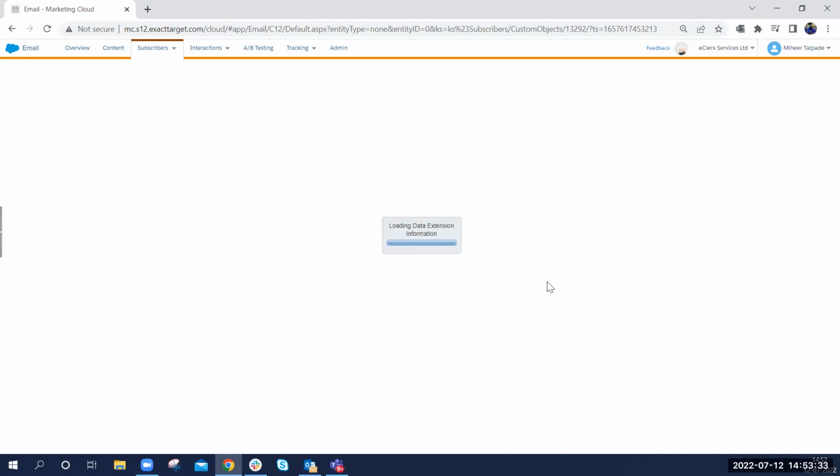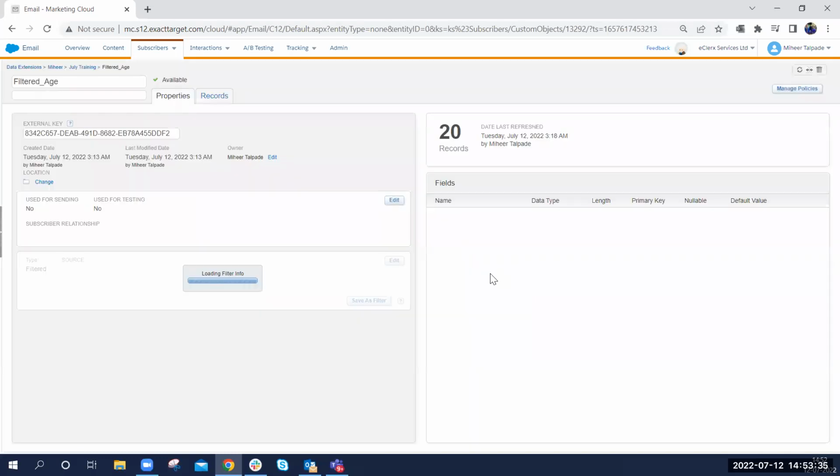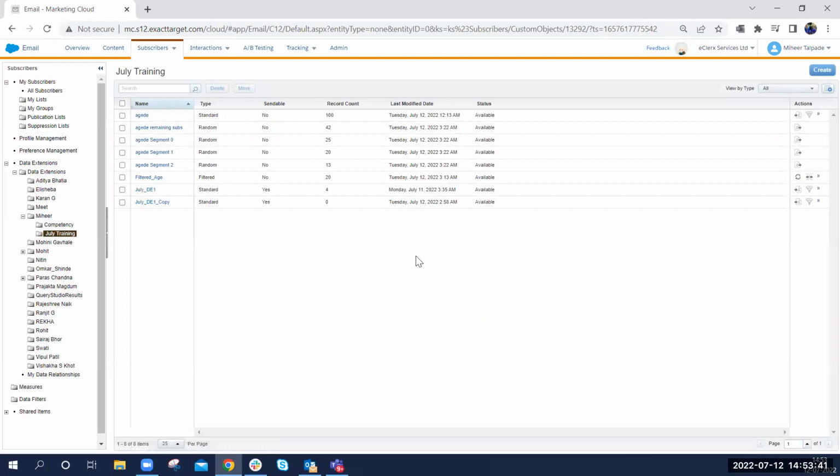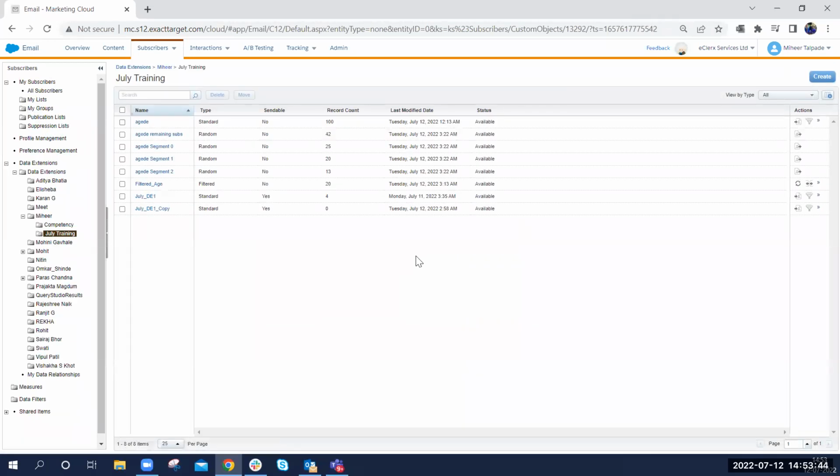Yeah, Vishaka, you have a question? Yes, Mir. What is the use of a random data extension? Like, we already have noted the record count, right? So what is the difference between the normal one and this random data extension? Okay, so